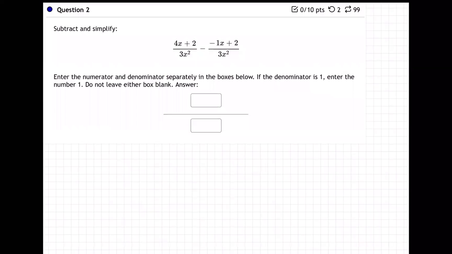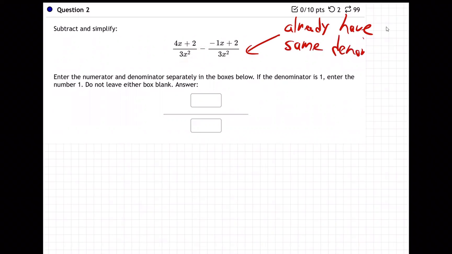Okay, so on this one, I'm trying to subtract a couple of fractions here. And to add or subtract fractions, you've got to have the same denominators. Well, notice these already have it. So that's really nice. It's going to make this somewhat of an easier one. Write that first off: already have